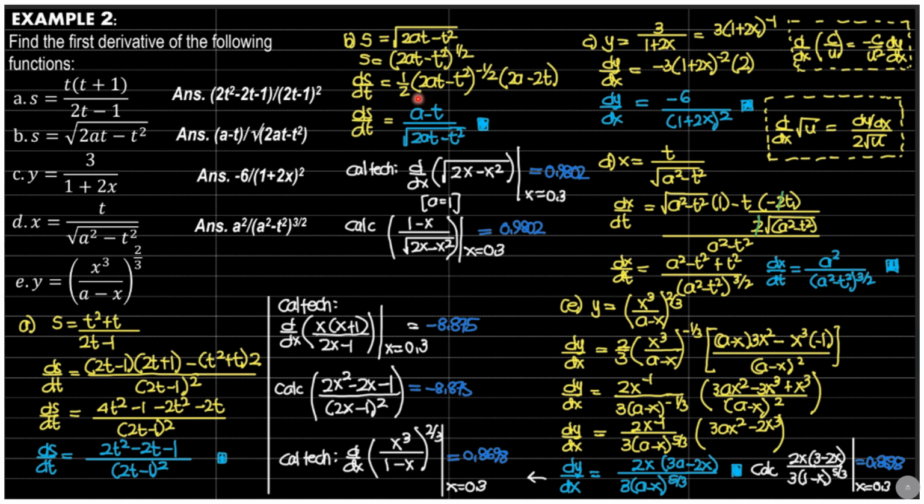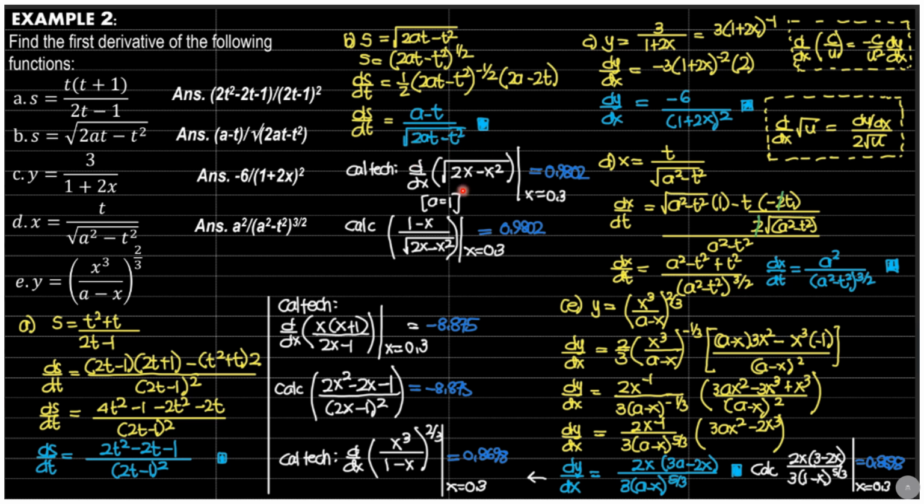So that is the derivative of quantity 280 minus t squared raised to 1/2, which is 1/2 times quantity, imagine this is u, so copy the u, raised to 1/2 minus 1, so negative 1/2, times the derivative of u inside, which is negative 2t with respect to t. So we can factor out 2 here, so cancel 1/2 and 2. That leaves a minus t in the numerator. Then 280 minus t squared to the negative 1/2 is the same as 1 over square root of 280 minus t squared. So that's the answer.